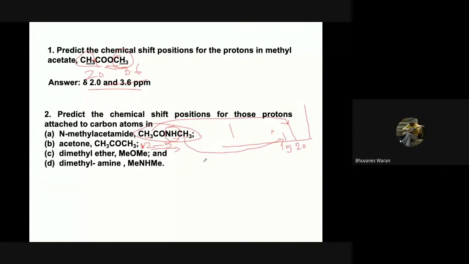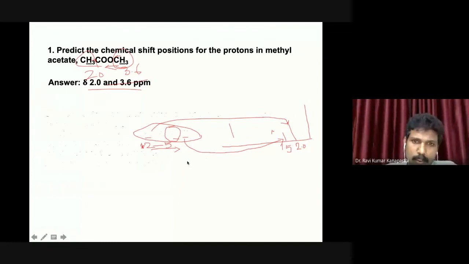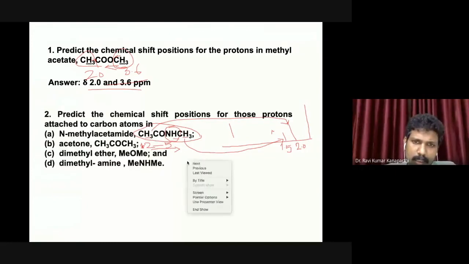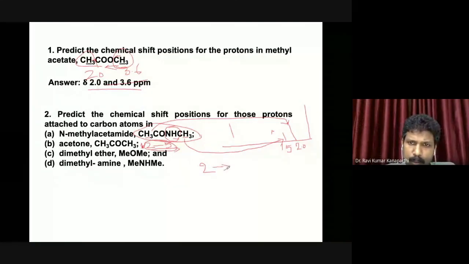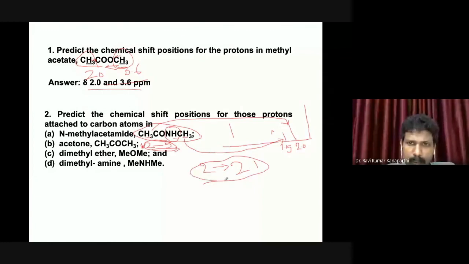Nearby 2, sir. So Bhuvaneshwaram, what is your roll number? 9, sir. Okay, nearby 2 is what you are telling. It is not exactly 2 to 5. It is above 2 and between 2 and 2.25. So it is 2 to 2.2 or 2.3, something like that. But it can't go more than that. The methyl proton will be in this region.